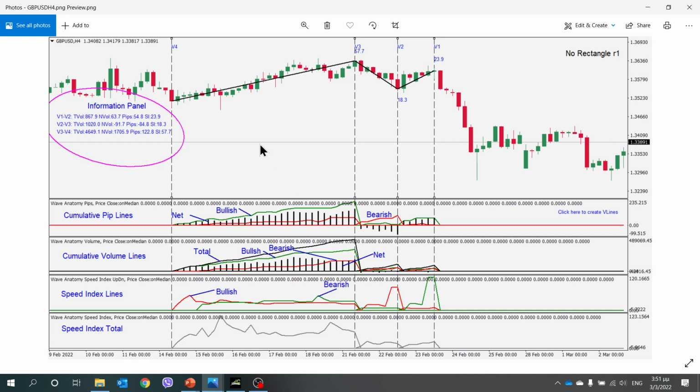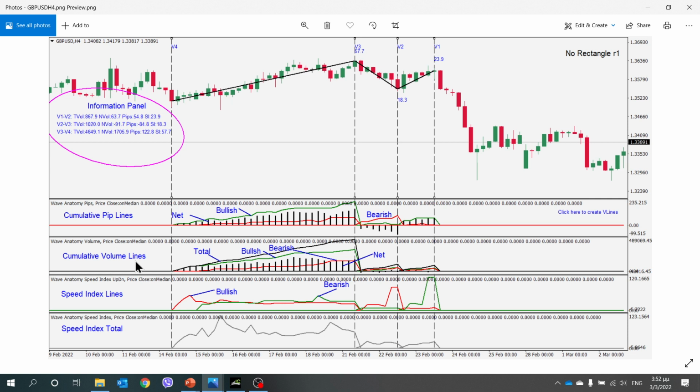So this is basically also the distance, which in this case of wave number 3 is 122 pips.